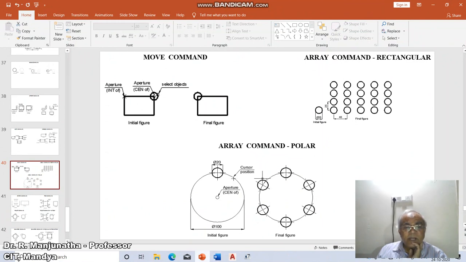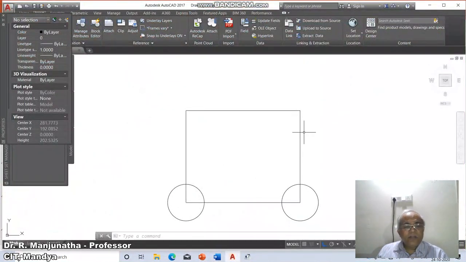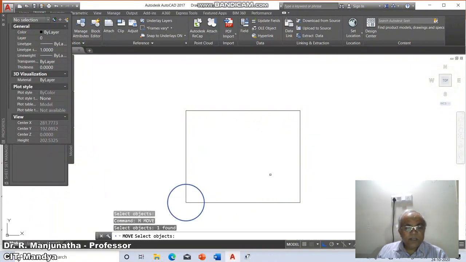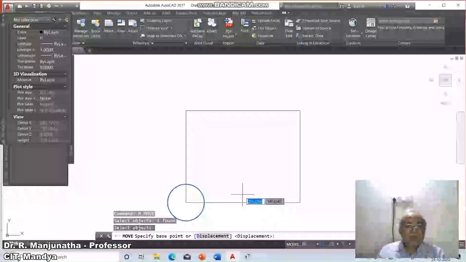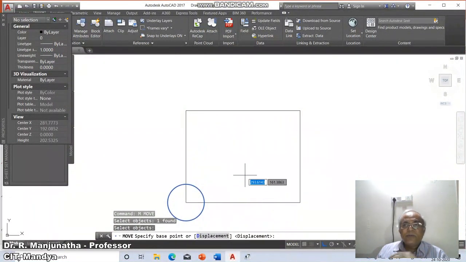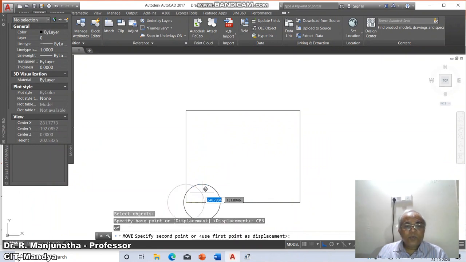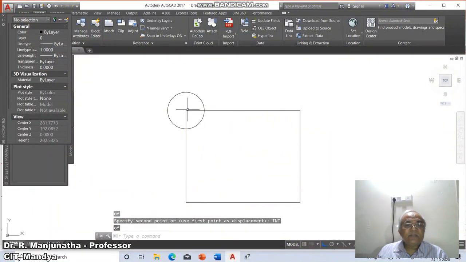To do that, the command is move. Say, for example, I have a line here or a circle. Now I want to go for the move command. Move, select objects, you select this object, enter. Specify base point, which is the base point? Since you already have the circle, I will say the center point of this circle. To specify second point of displacement, I will say the intersection of this. Then the source object will be removed and the new object will be retained.